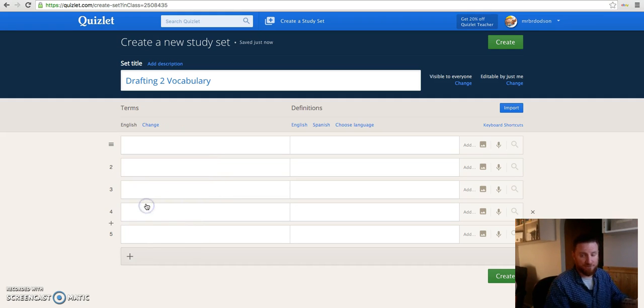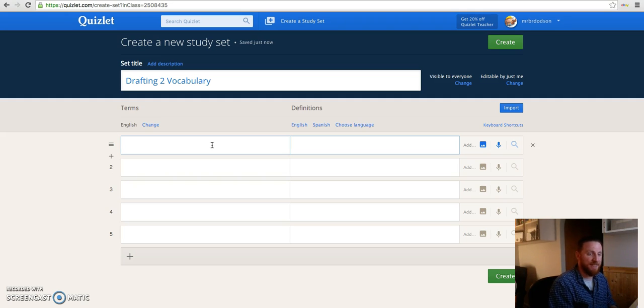So for drafting in an English-speaking classroom, I'm going to keep everything set to English. I'm going to fill in one side with the term, and I'm going to fill in the other side with the definition of the term, or however it is. I'm going to tell you right now, keep your phrasing simple, keep it short. I experimented with a couple of these and I had a rather long definition for the word, and when you play the different games that are there for the